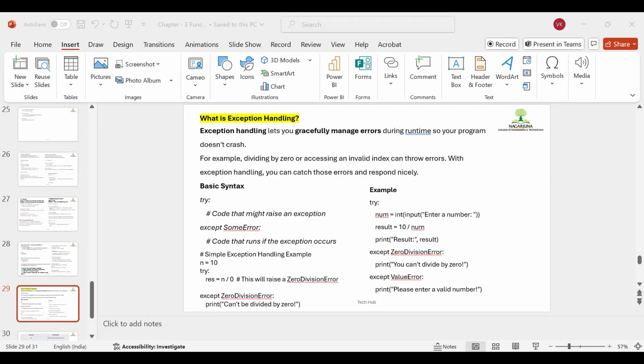You should write here except. You are accepting that you are getting some kind of error that is called zero division error. And when you are writing something, your interface or your editor automatically gives that type of error. What type of error are you getting here? So I'm just giving colon. Now I'm saying that print